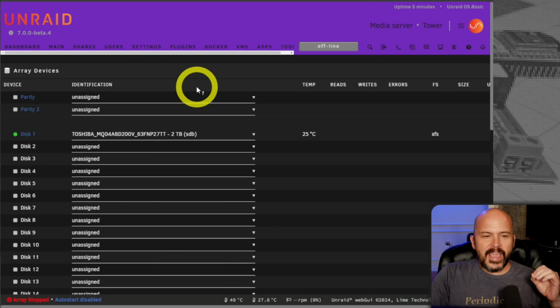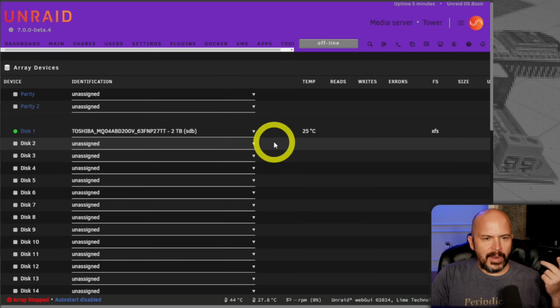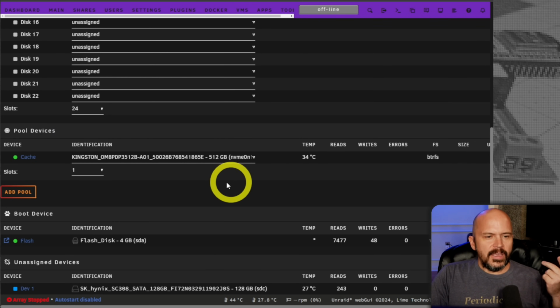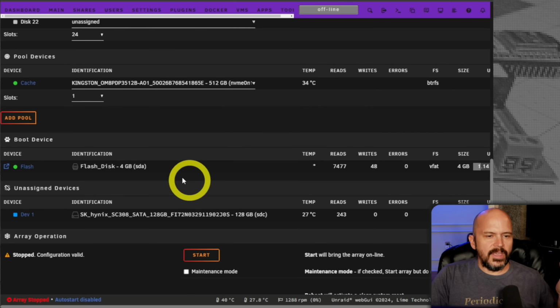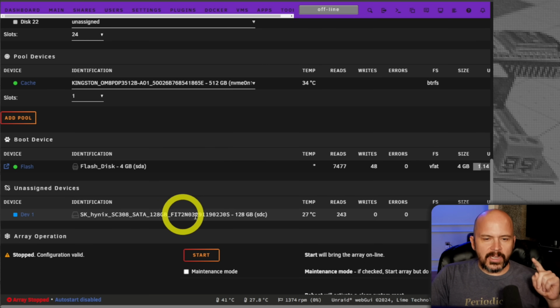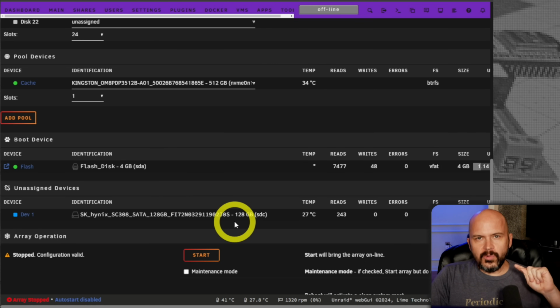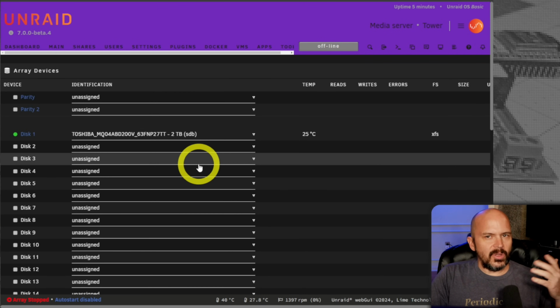Now I only have like 2 drives in there. I've got the spinner, which is here, which is 2 terabyte apparently. And then it's seeing the Kingston, that's the 512 gig NVMe. I have that set as the cache. And then you'll get the 4 gig memory stick. That's where the OS actually boots from. I believe this 128 gig is also an SSD that I have in there. So we could try to set that as an array, but yeah, we just don't have a lot of drives,